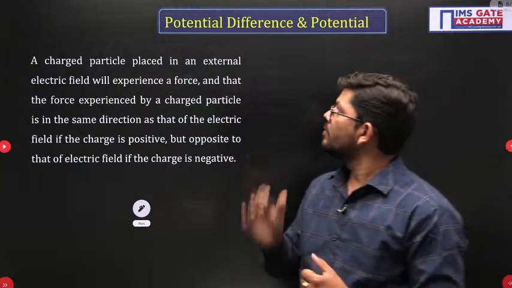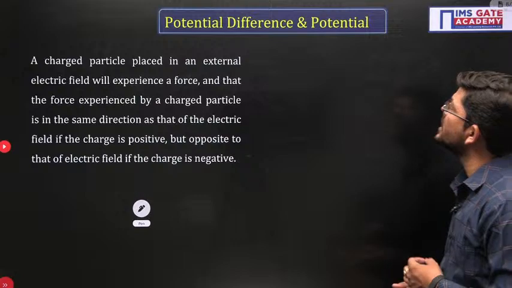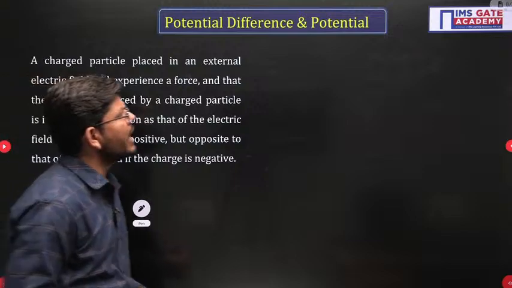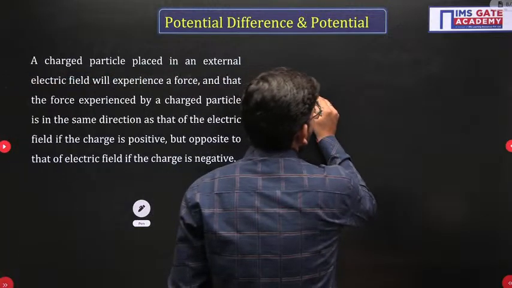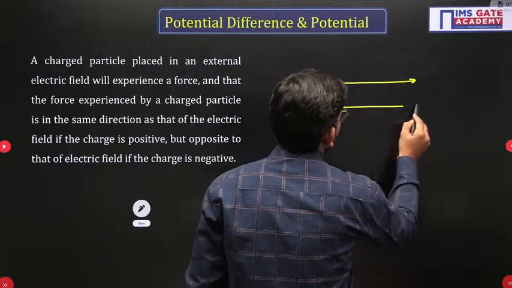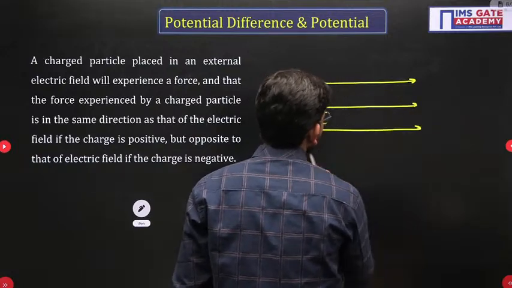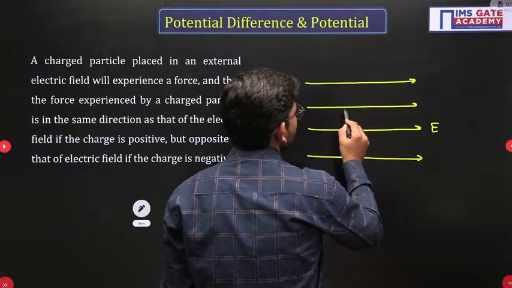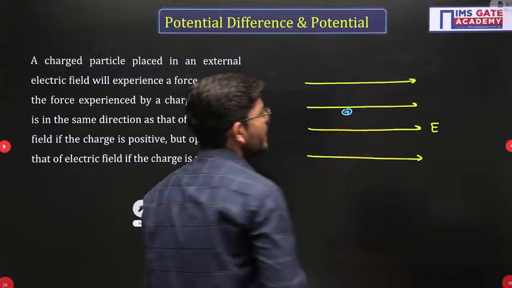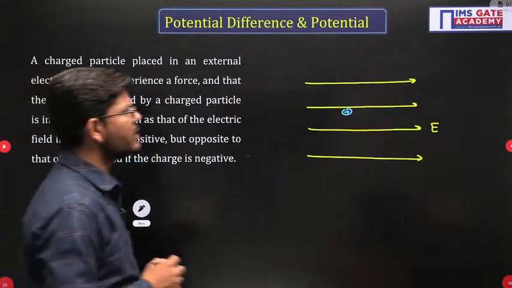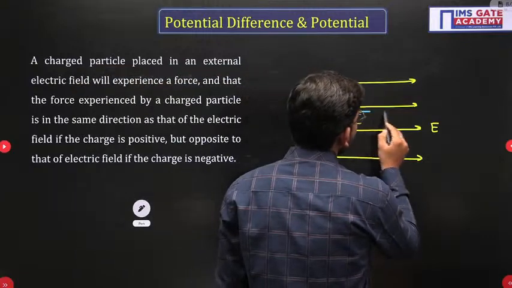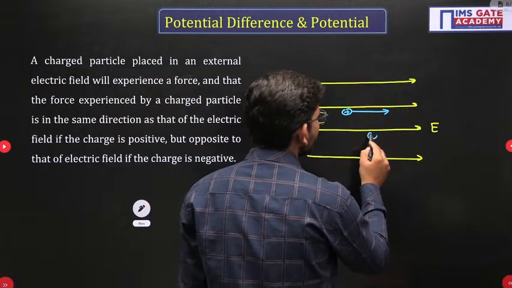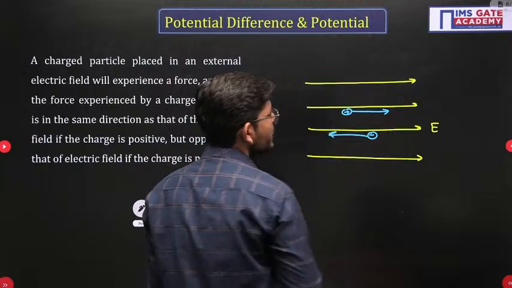Okay. Now the second important topic is potential difference and potential. So let's understand the potential difference and potential. Suppose we have an electric field, and in this electric field I have a positive charge. So if a positive charge is placed in this electric field, what will happen to this positive charge? It will feel a force in the direction of the field, isn't it? But if I have a negative charge, it will feel the force opposite to the direction of the electric field,